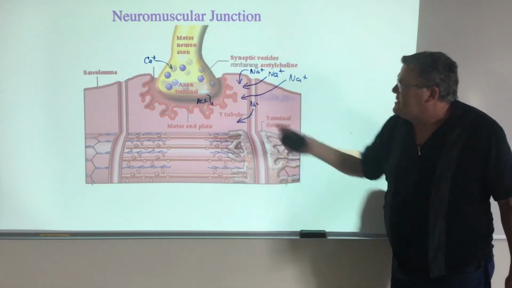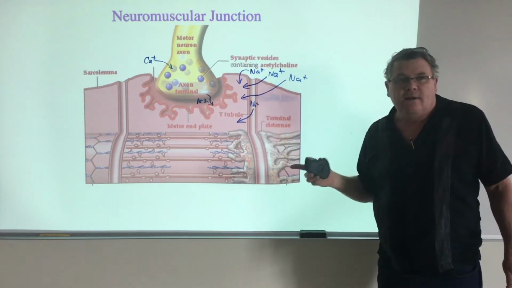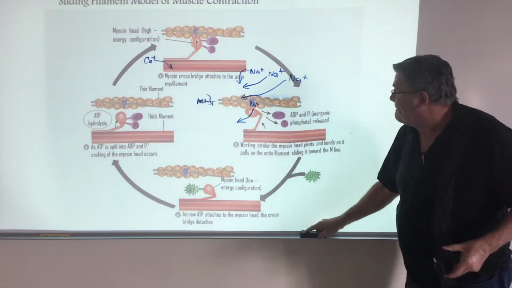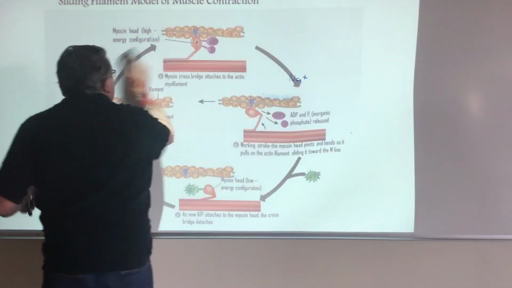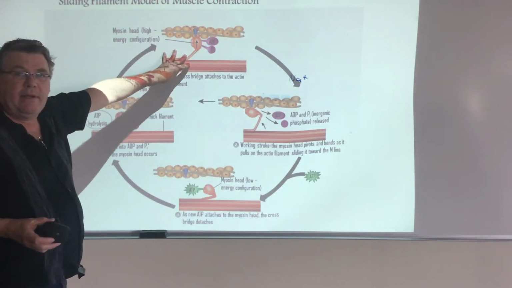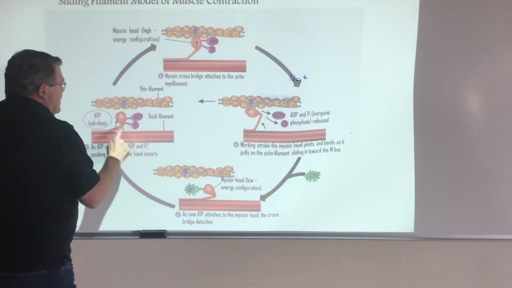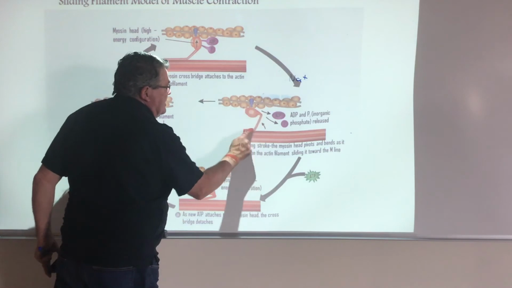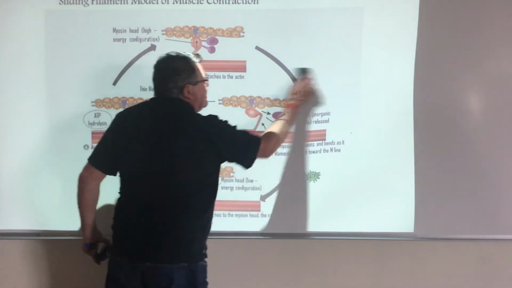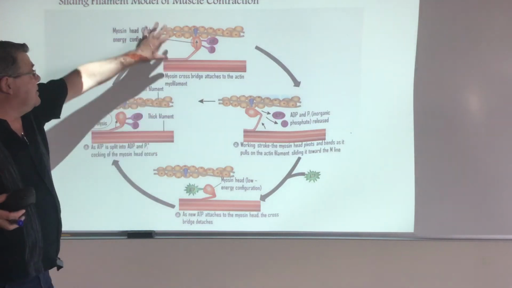So we get this big stimulus coming in, this message that's gone from electrical to chemical to electrical, and finally the calcium is released. Now let's go to this. Let's start out up here. And what you need to do, this is a myosin head, and there's the tail. Take a look at the position of these, because not a whole lot changes in these images as we go around, but it's trying to keep a focus on the myosin. We'll start out up here.